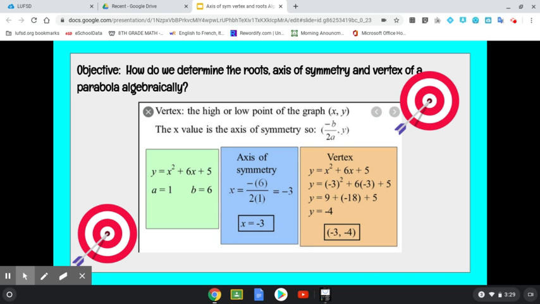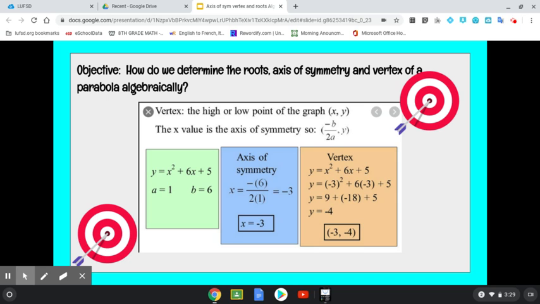Hey everyone. So what we're going to do today is up our knowledge of our roots, axis of symmetry, and vertex. And how we're going to do that is by exploring how to find them algebraically. We've been using a calculator and a table and a graph, but now we're going to do it without any of those. So now we have these formulas and shortcuts to do it,